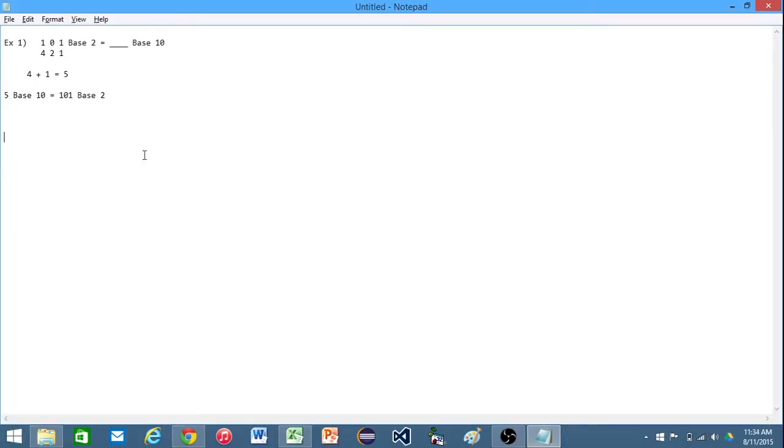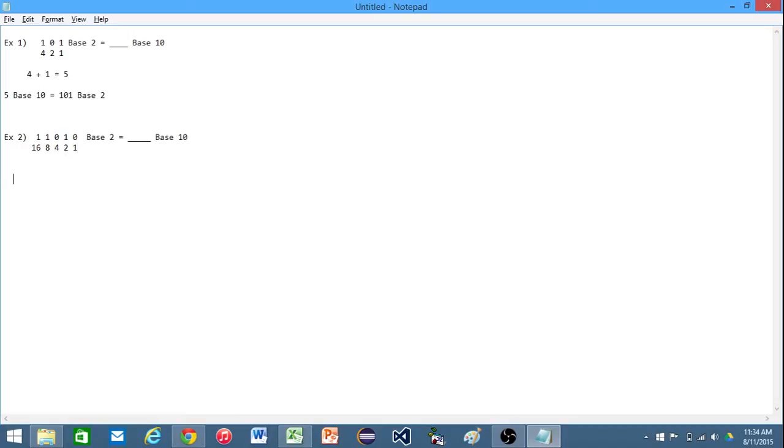Let's do one more example of this. So for example 2, we'll make it a little bit more difficult. Let's do 11010, and this is going to be base 2. We want to find the equivalent in base 10. I just went ahead and wrote out the bases for us, and then we'll just do the same process that